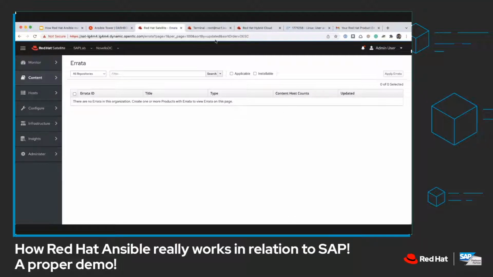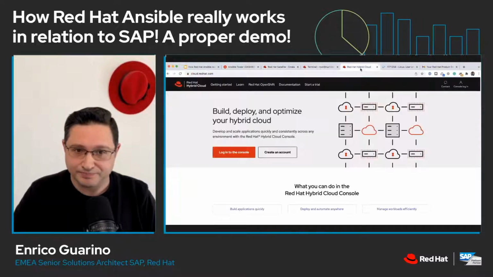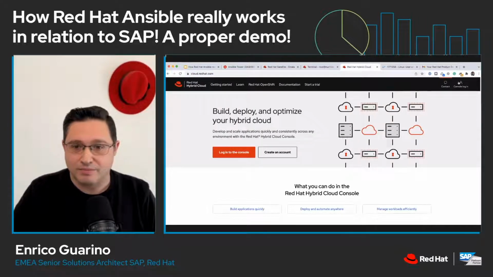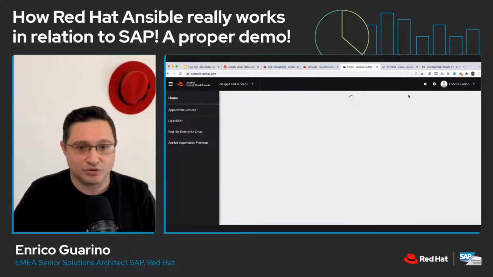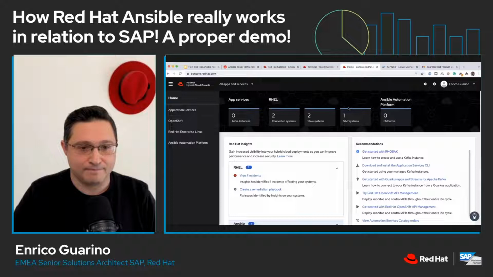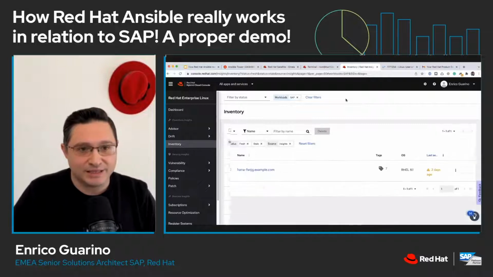So now let's focus on Red Hat Insights. Let me log in on cloud.redhat.com and select SAP systems. So Red Hat Insights is a proactive remediation tool.